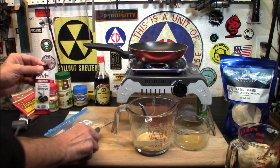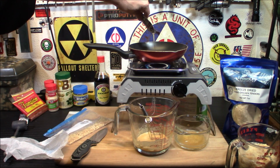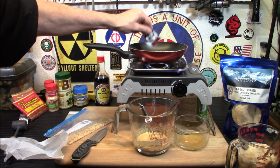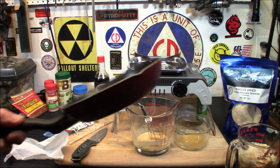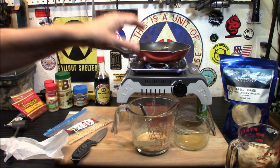You can buy these on Amazon. They're very inexpensive and an awesome way to carry something other than vegetable oil with you, or lard, one or the other. I think that will do. And I want to get that really hot. I have it on a low flame, as you can see. I want to get that really, really hot, almost to the point that it smokes, and then we'll put our